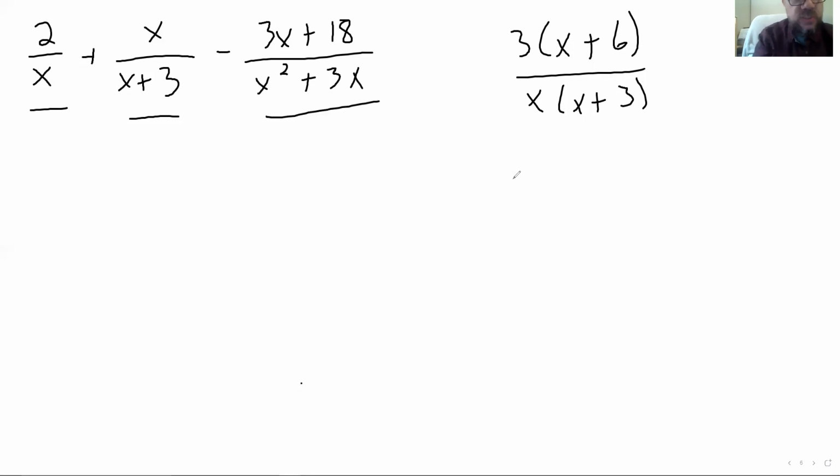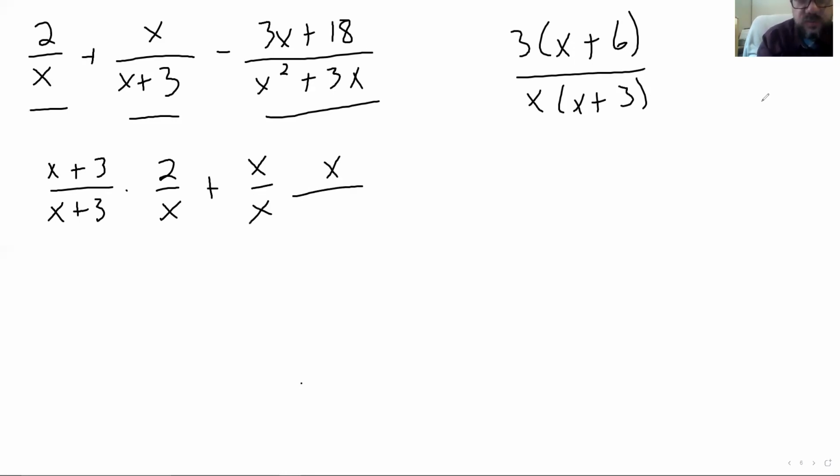So the first one's missing an x plus 3, the second one's missing an x, and the third one's not missing anything. So yeah, let's multiply that all out. So we're gonna get 1 over x plus 3. No, I keep saying 1. I mean x plus 3 over x plus 3 times 2 over x, plus we're missing an x here, so x over x times x over x plus 3